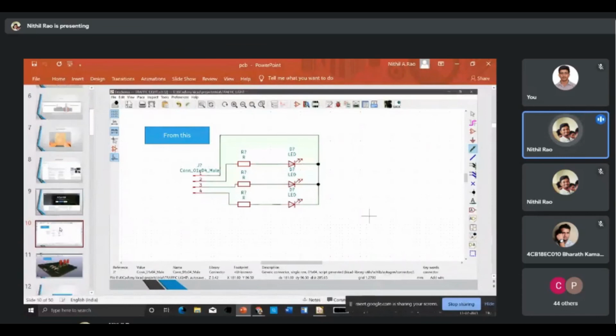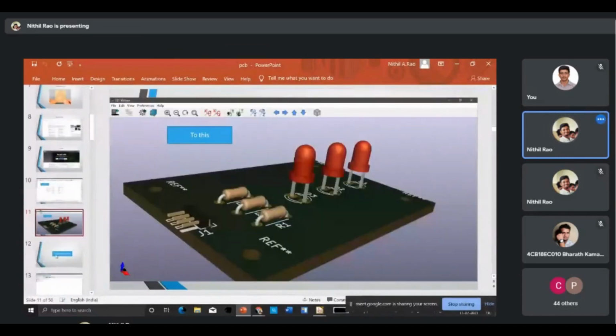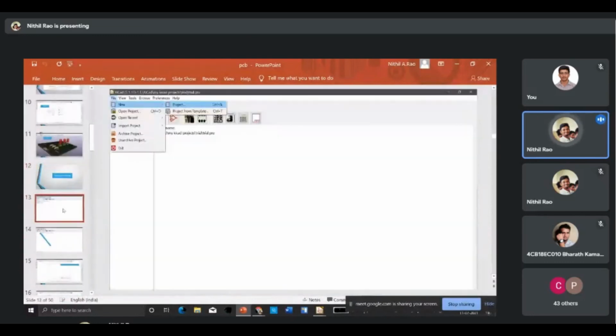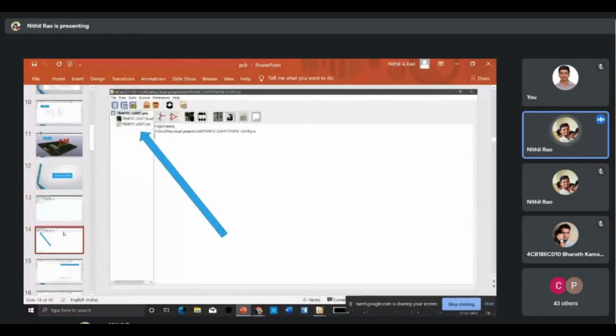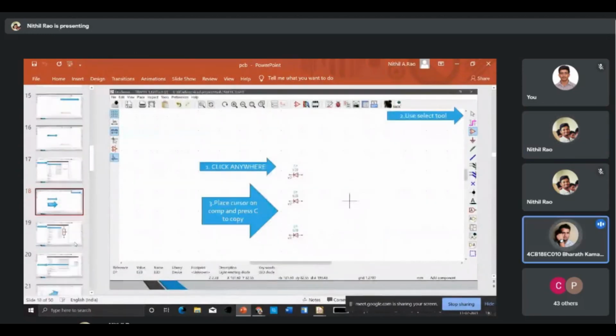So I am basically converting this schematic diagram to this one. So this is how the complete procedure starts over here. I have mentioned even the littlest thing, place symbol, everything has been noted down. Nikhil: If you share the PPT, it would be of great help. Yeah, sure, I will be sharing, definitely. I just have to upload it on Google and then I'll share the link here.